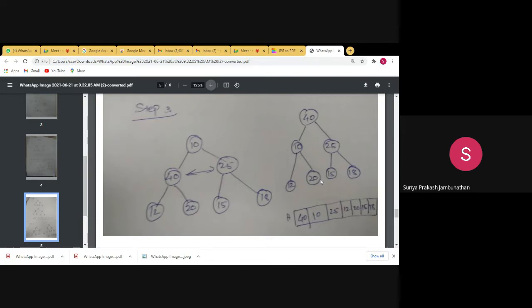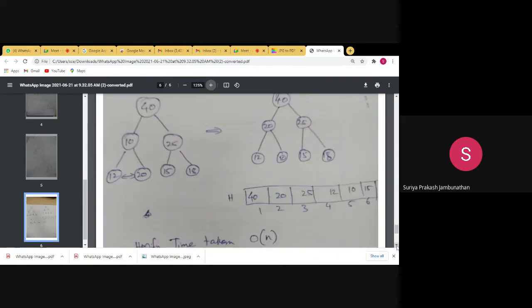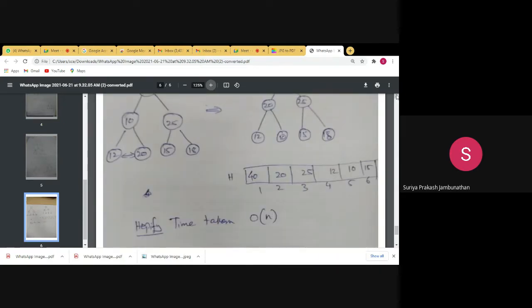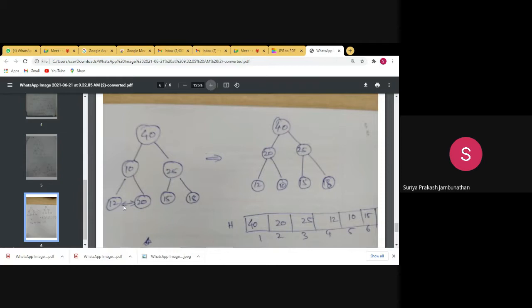Okay. So we have to do the comparison again and we have to form the final thing. As I told, we are comparing the leaf elements, that is 12 and 20. After comparison, 20 will go to the top and 10 will come to the leaf node. So 40, 20, 25, 12, 10, 15, then 18. So these are the elements we have identified. So all the structure, if you see,